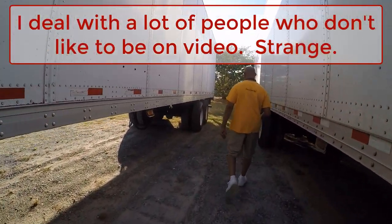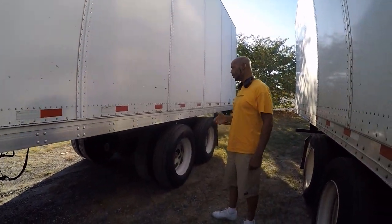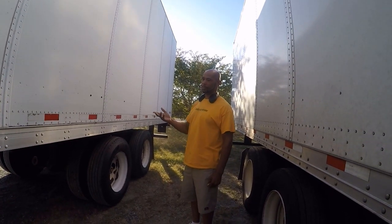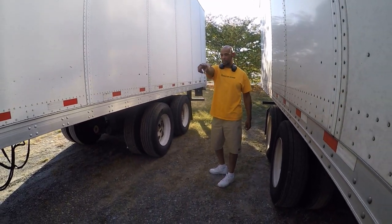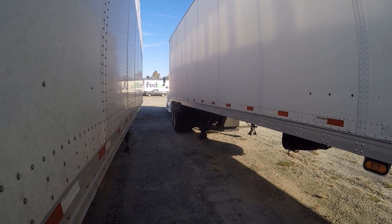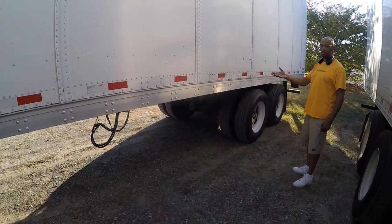So, okay, let's see, where do we begin? Sliding the tandems, right? This is a 53-foot trailer, and you're only allowed 34,000 on this axle, 34,000 on that axle. Show 'em. And then 12,000 on the front axle, in the front of the truck. So, depending on how it's loaded,